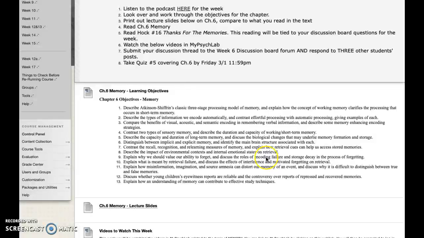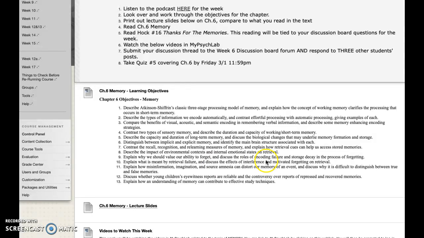I think the most interesting thing that people are curious about when it comes to memory is why do we forget, and how do we forget things? Why do I forget some things more than others? And why can't I forget certain things that I want to forget? So we'll get into the latter part of the book, which is forgetting, and the different pieces that are involved when we forget something.